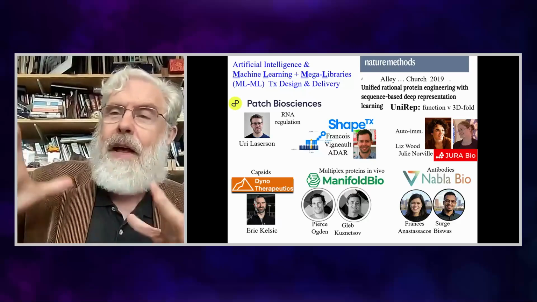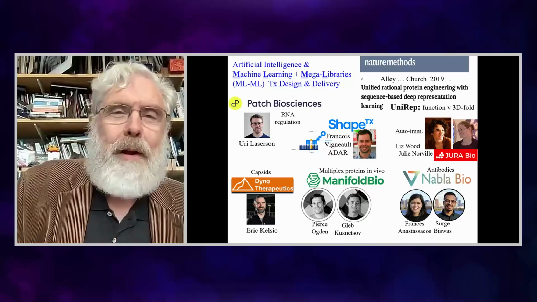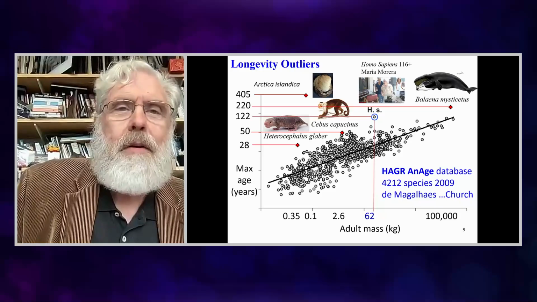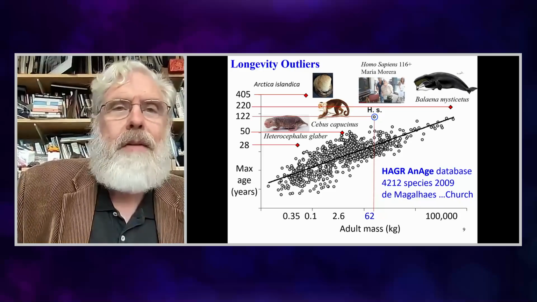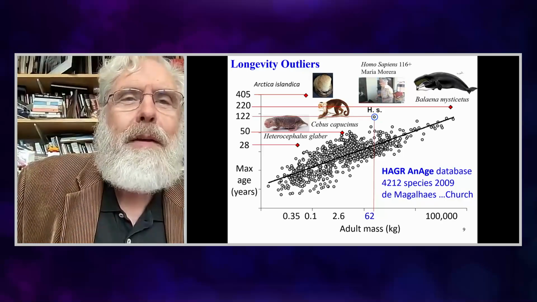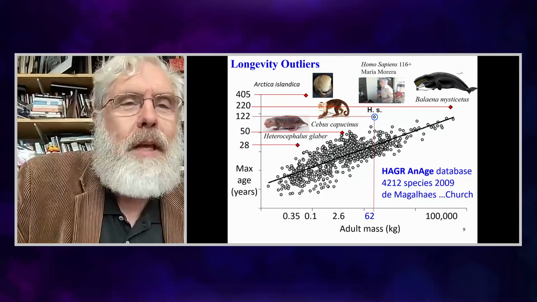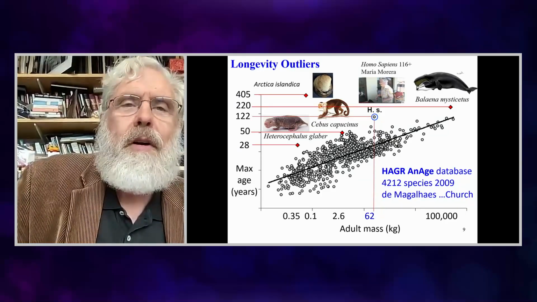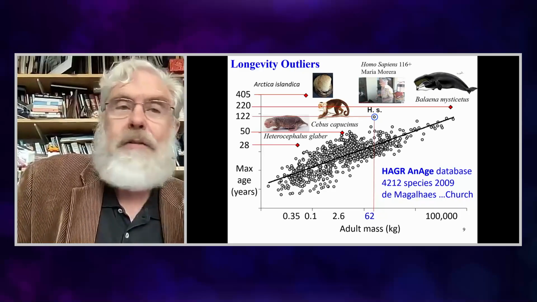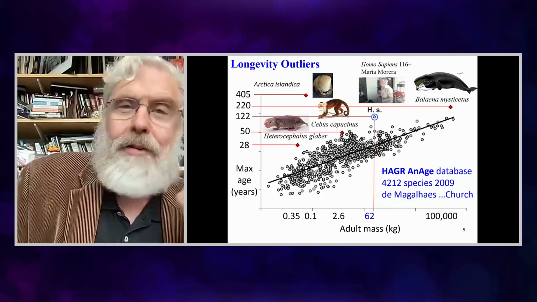Now, the next few slides, I'll have lots of inspiration from zoology. Among other things, I'm a zoologist by training, and you'll see how important this can be in just a moment. So here is a database that includes humans as one of the animals. This is Maria, who is still walking around quite ably at 116. But these are outliers. These are all animals that are above the curve for when you do a mass versus maximum age curve. There tends to be a relationship, but the outliers are the interesting ones.